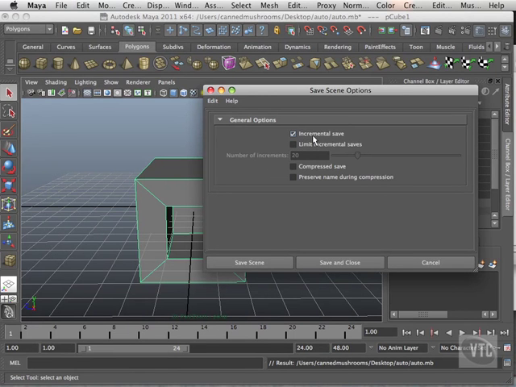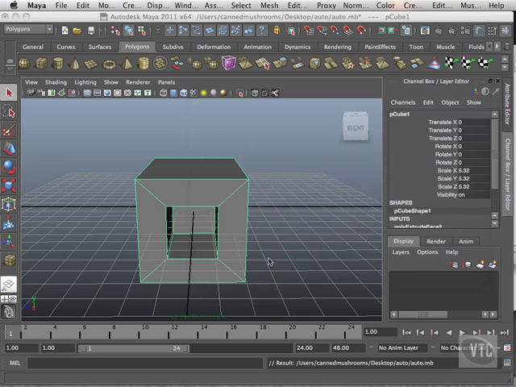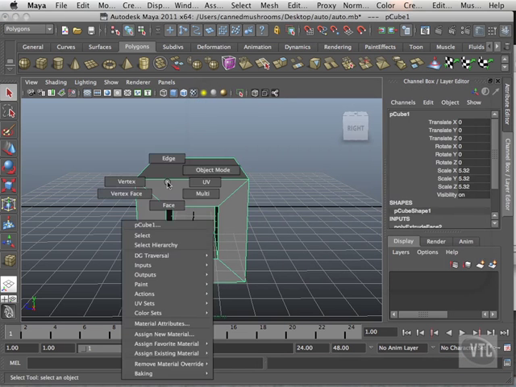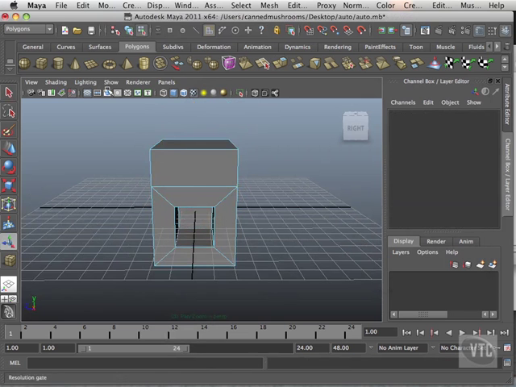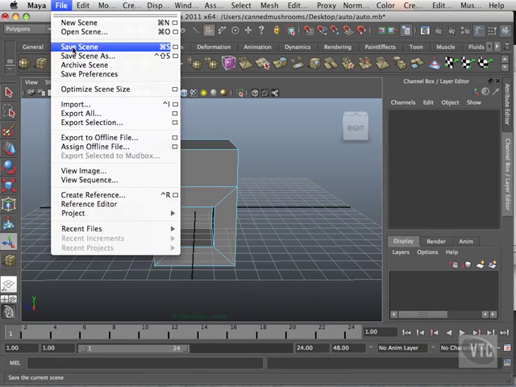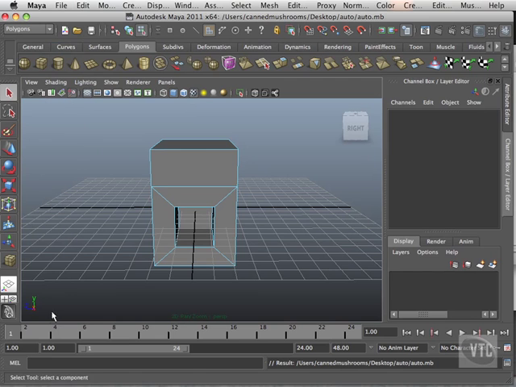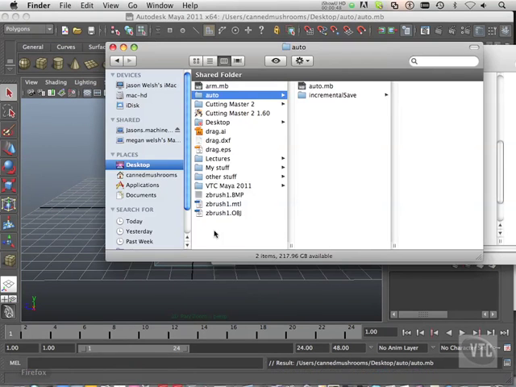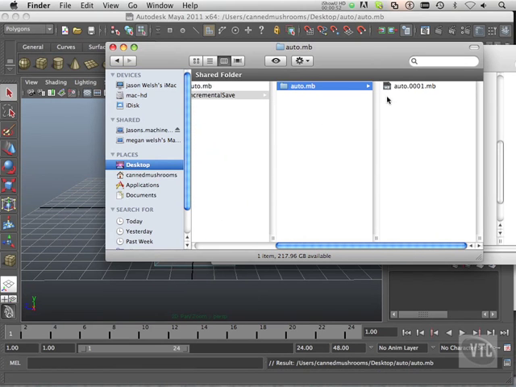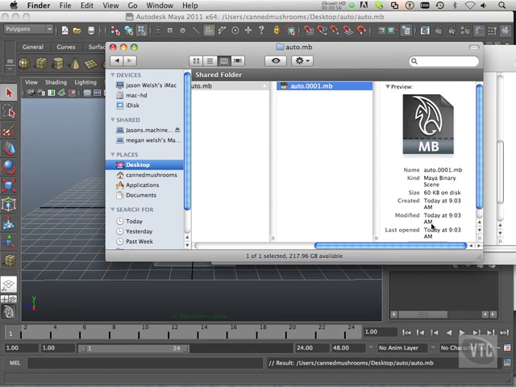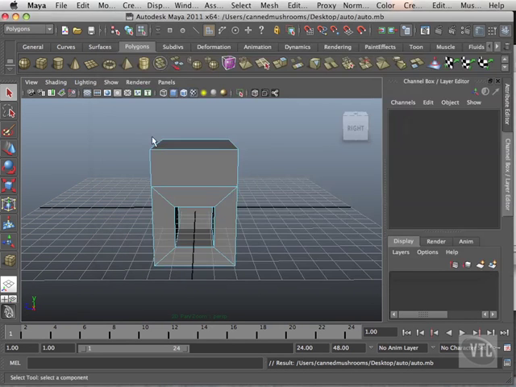Okay? So what will happen is, when I save the scene, let's say I make a change first. I go in here and extrude this part, and then I go File, Save Scene. Now, when I go over to that folder, it'll say Incremental Save, Auto, and then I'll have an increment behind it. Now, what's nice about this is I can see that this is today's date,